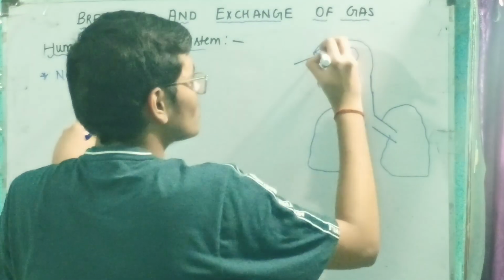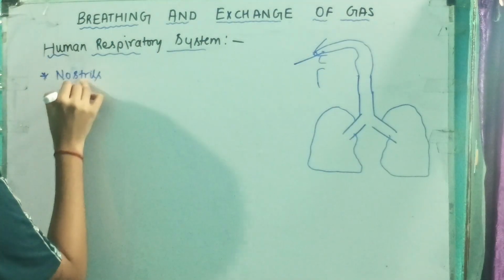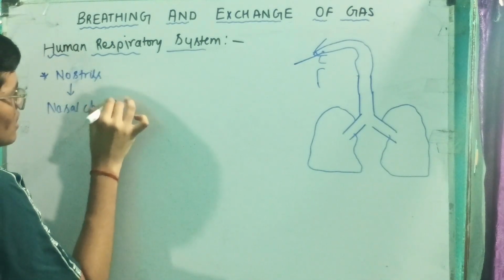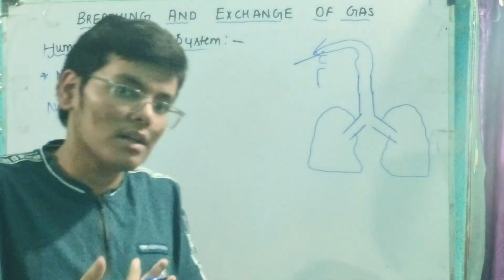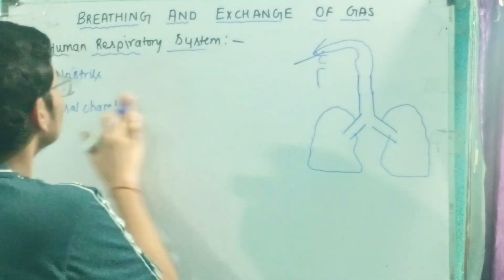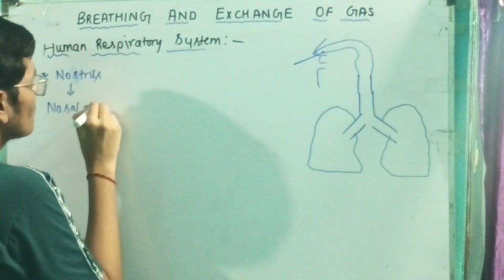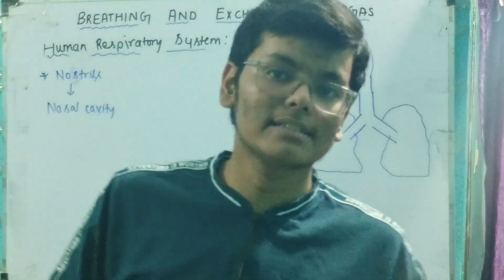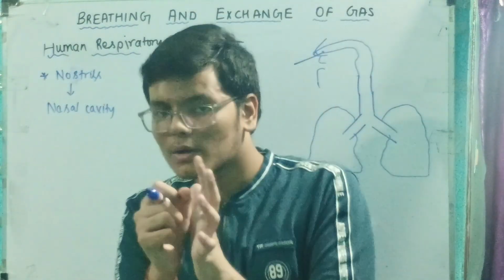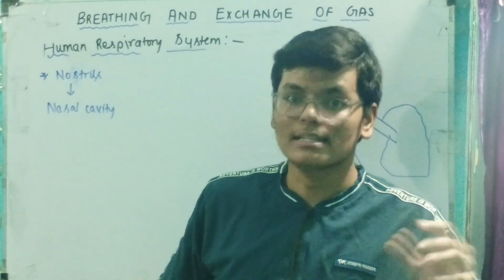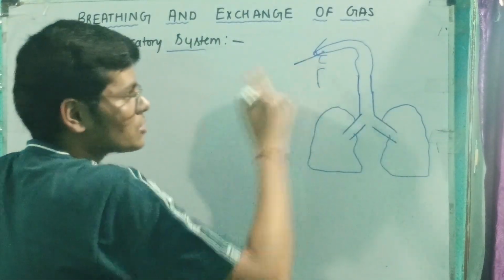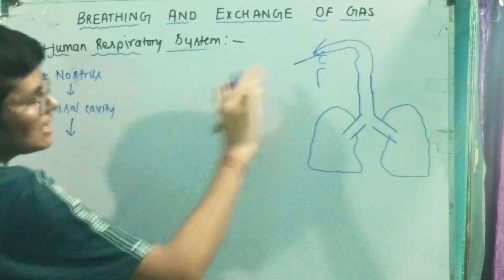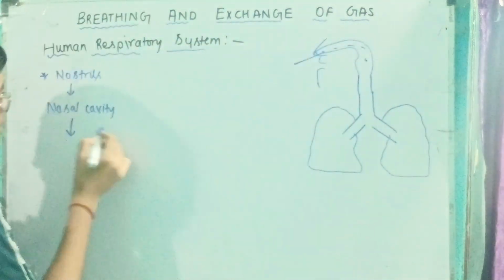Gas enters through the nostril. After nostrils, we have the nasal chamber, or we can also call this the nasal cavity. Nasal cavity is a better word. Now, the nasal cavity has two parts, exterior nasal cavity and interior nasal cavity, but we are going to learn just the outer part, that is nasal cavity. From the nostril, it goes to the inside part of the nose, that is called the nasal cavity. From the nasal cavity, let us go directly to this part over here, to the pharynx.